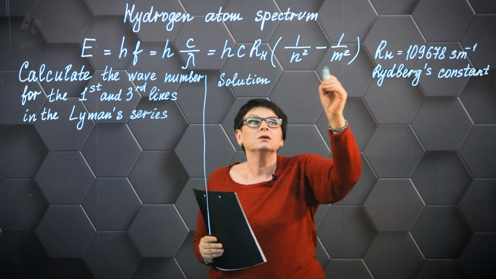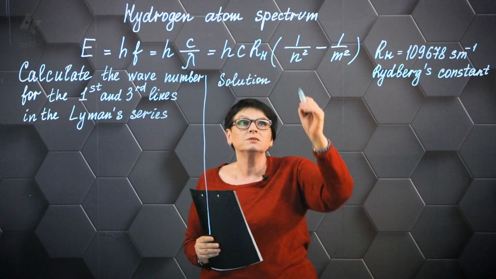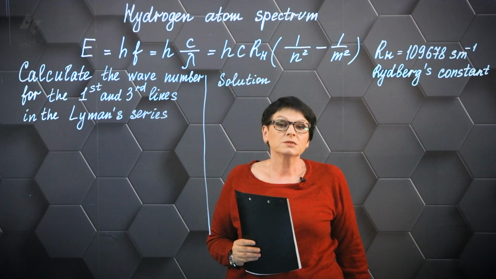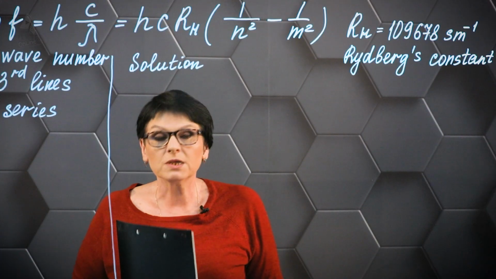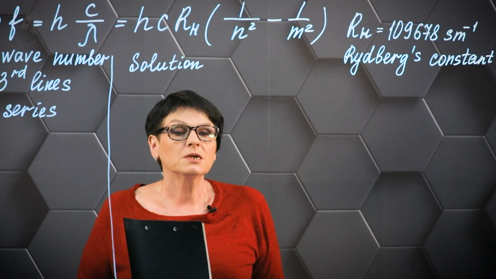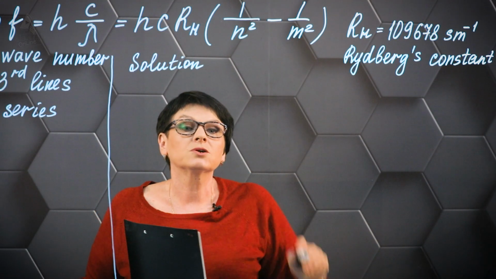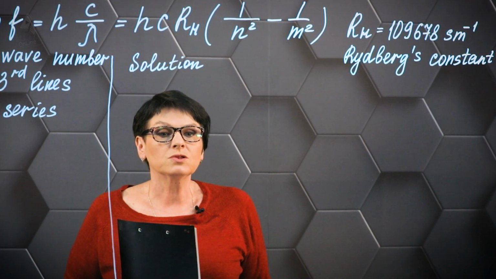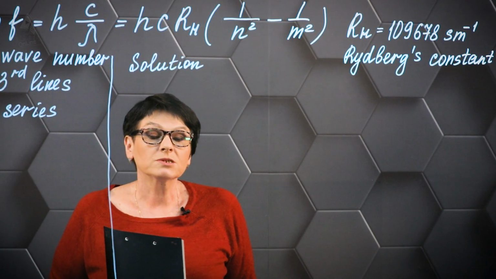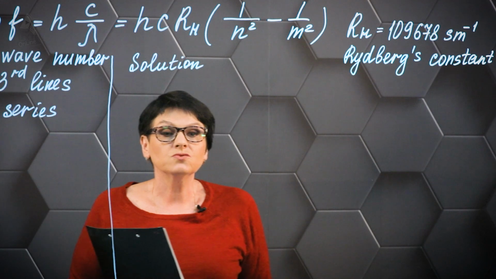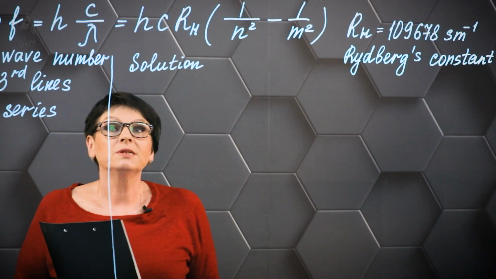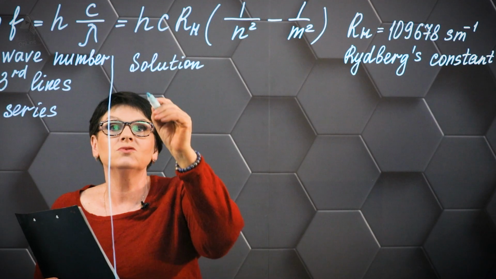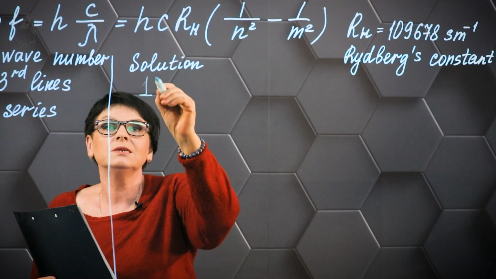Also, inside the bracket, we can see the value of n, which we already talked about in the last lesson: this is the level to which the electron descends, and m is the level from which the electron is displaced inward. So how do we calculate the wave number for hydrogen in this case, if this is the first or third line? So if the line is the first one,